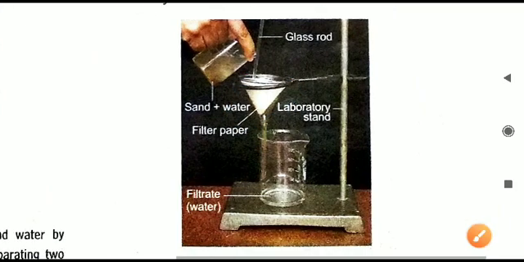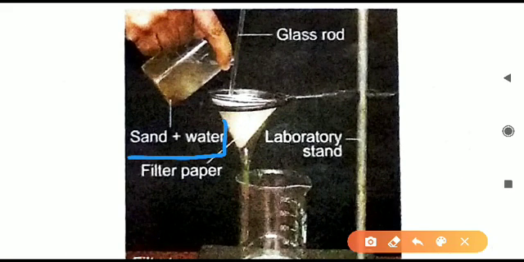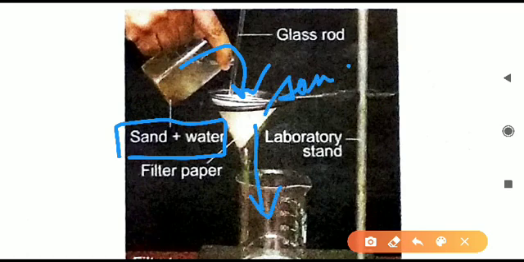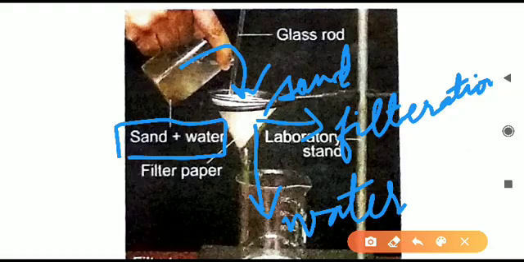So in this photograph, not diagram exactly, it is a photograph, you can see here a sand and water mixture is there, and when we are pouring in this, both the sand and water can fall down. So only the water particles will be able to filter downwards, but on the filter paper what will collect? Sand will collect. So sand will stay upwards and water will come downwards. So this is how, using a filter paper, we are separating the sand and water from each other. So that is why this method is filtration.